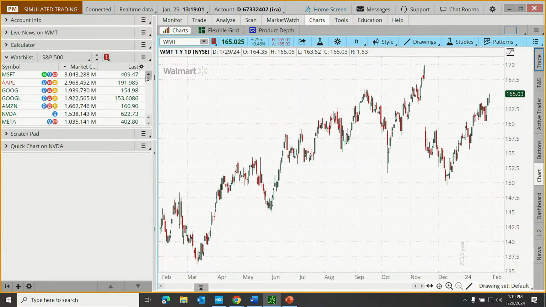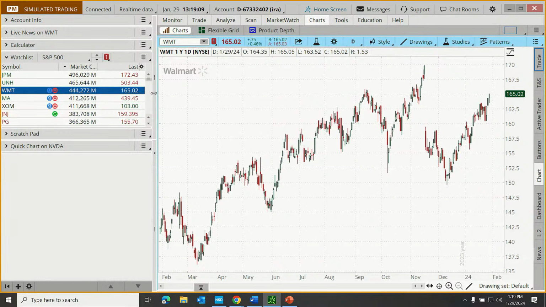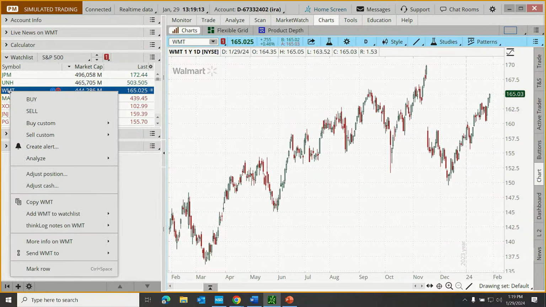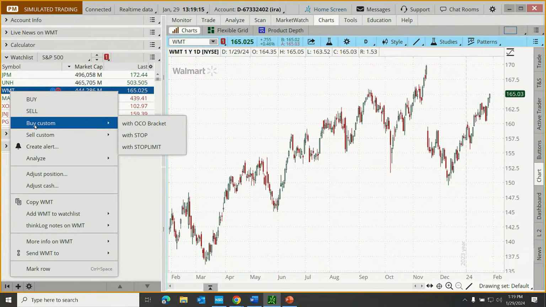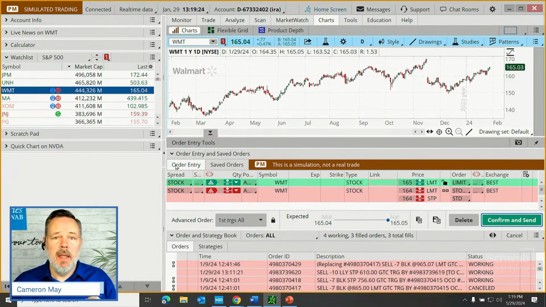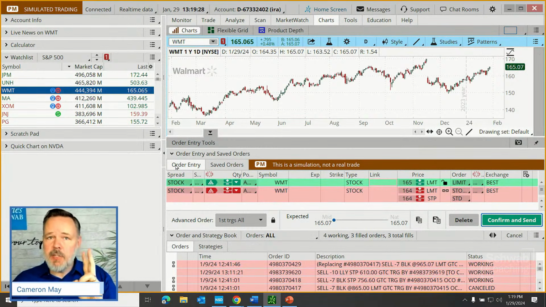Well, in our left column, let's just scroll down to Walmart. There it is right there. And there are a couple of different ways we can do this, but one quick way is to, again, right-click on the symbol here. Let's put in a buy order with, how about we call it a stop limit this time? If you're not familiar with a stop limit, it's an order to buy shares with an order to sell those if the price starts to fall, but not if it falls too much. It's actually putting in 2 conditions here.